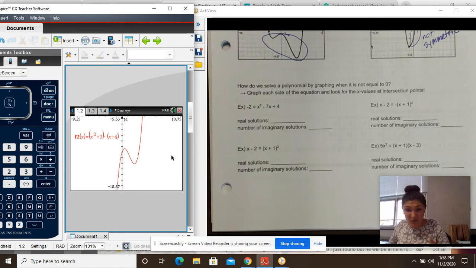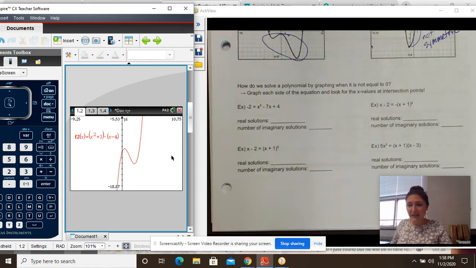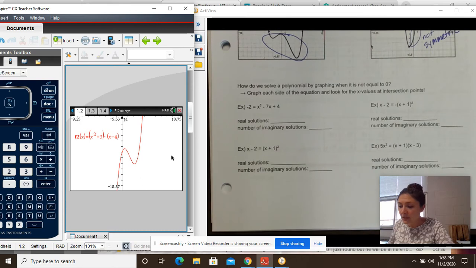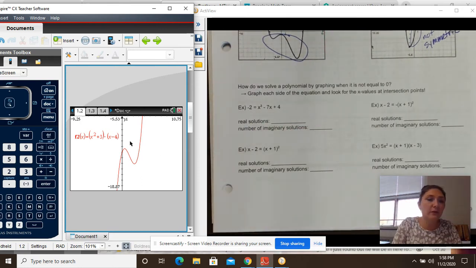Do we have to move everything to standard form? Am I going to have to distribute this out and combine my terms? The good news is the answer to that is no. We can actually just graph what we have here. So what I'm going to do is graph each side of my equation. So if I go over to my graph here,